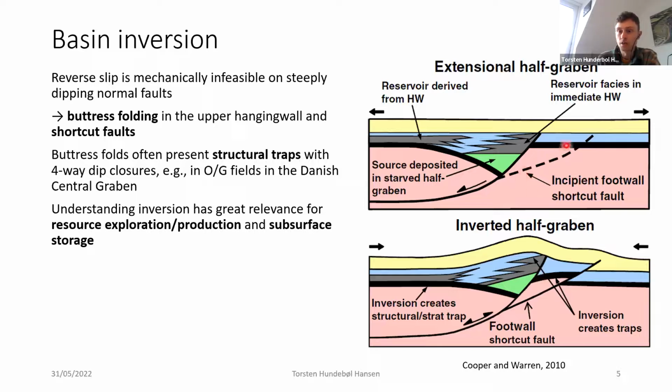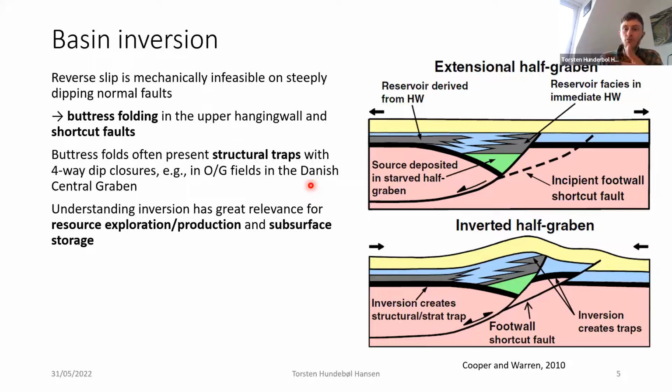Also, you may create shortcut faults like the one you see here, the incipient footwall shortcut fault, which during shortening provides further structural complexity. But the thing about these uplifted buttress anticlines is that they provide four-way dip closures,